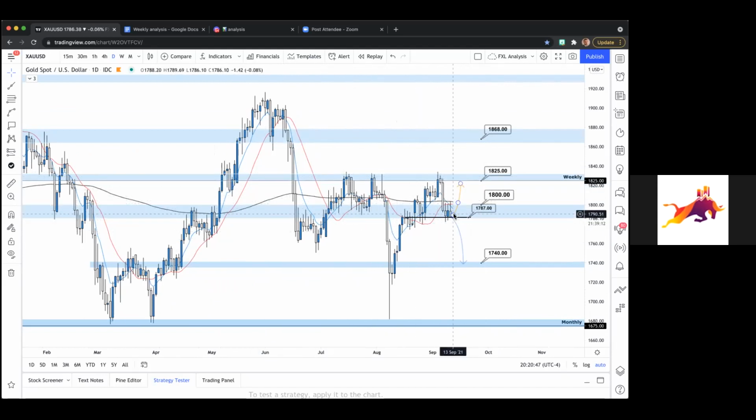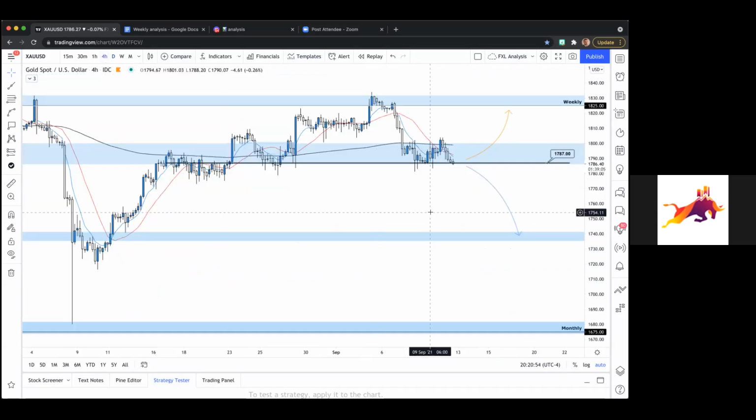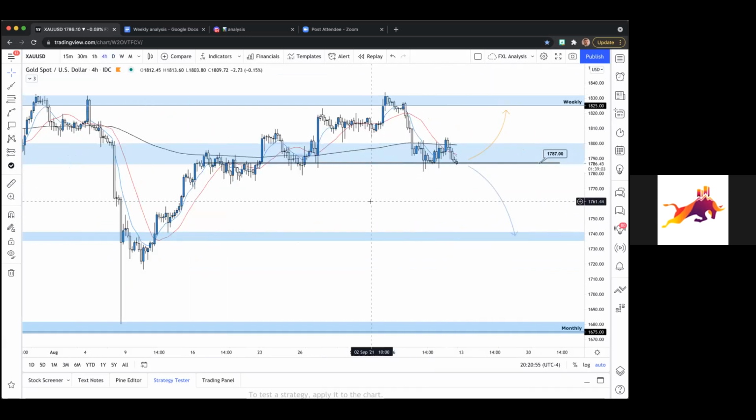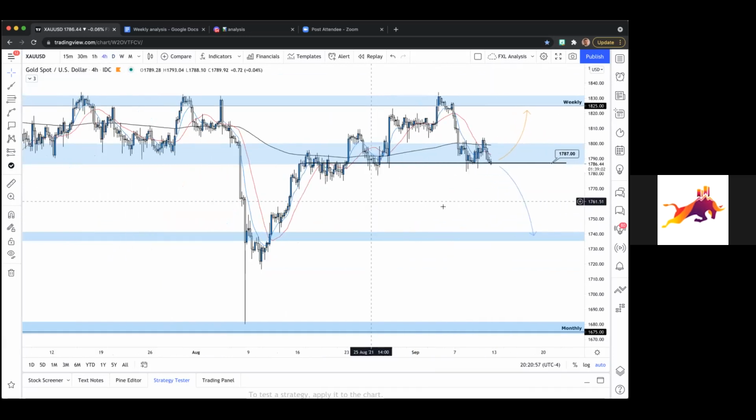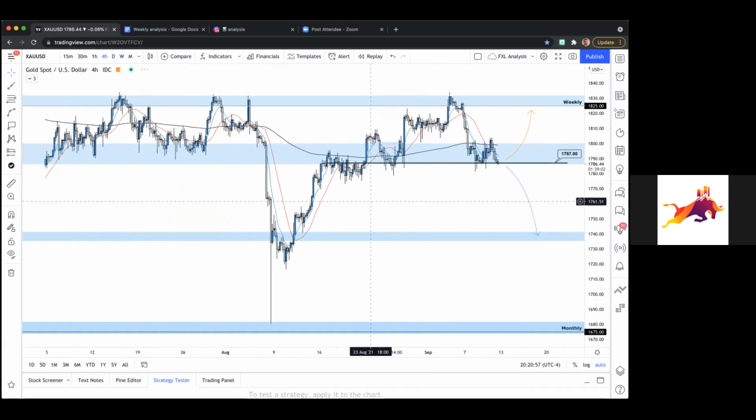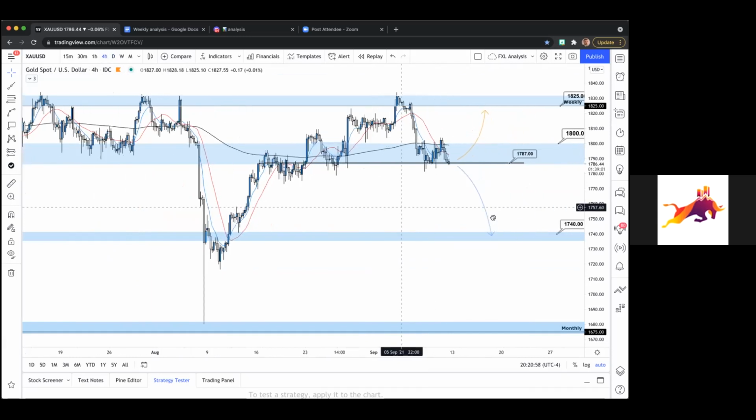But again, we know how to play ranges at this point, right? We really need to wait for that confirmed break. Lower highs below if we're going short, higher lows if we're going long. So let's go to the 4 hour for a second. Let's just talk about what's happening right now.